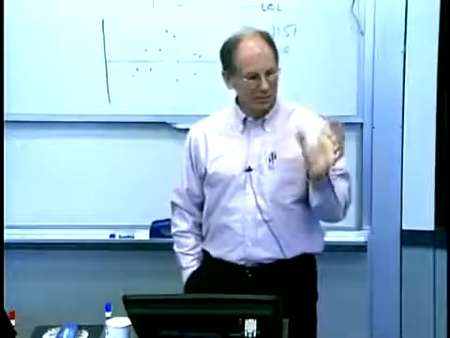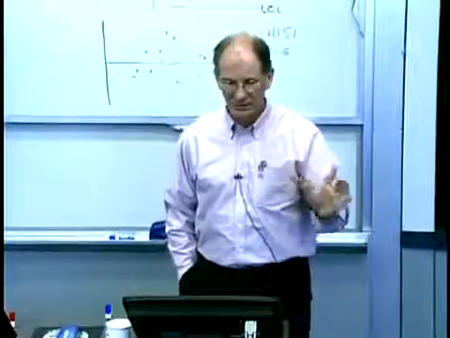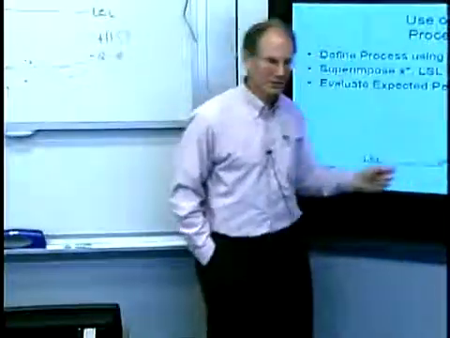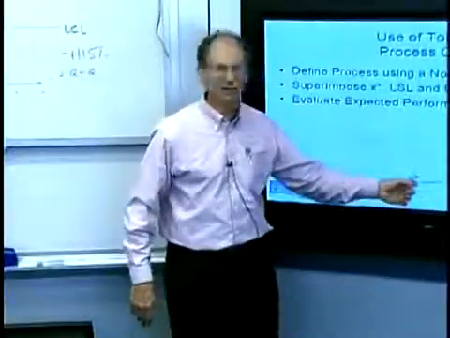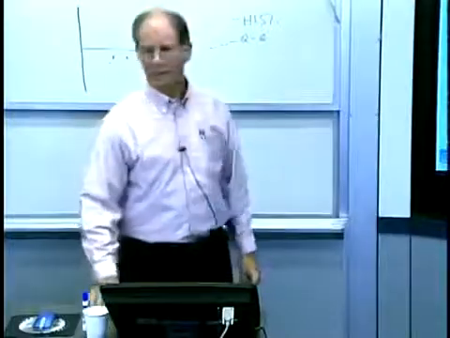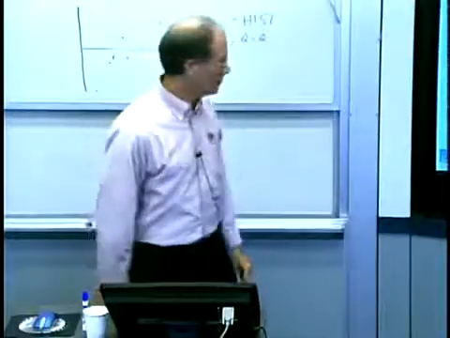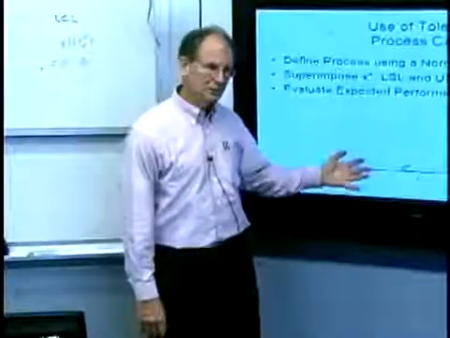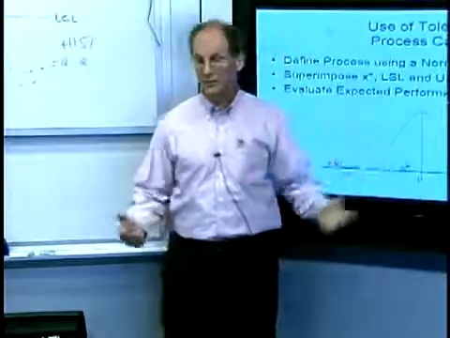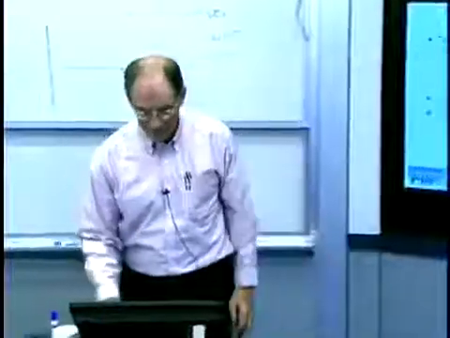Process capability in its simplest form is just this. I start with my desired limits. I'd like the part to fall between these two limits. Once I say that, it doesn't matter what the target is, right? It's just between the two limits. There's my process. That's the real world. How did I do? What's the likelihood that the part that I make will fall inside those limits? That's process capability.